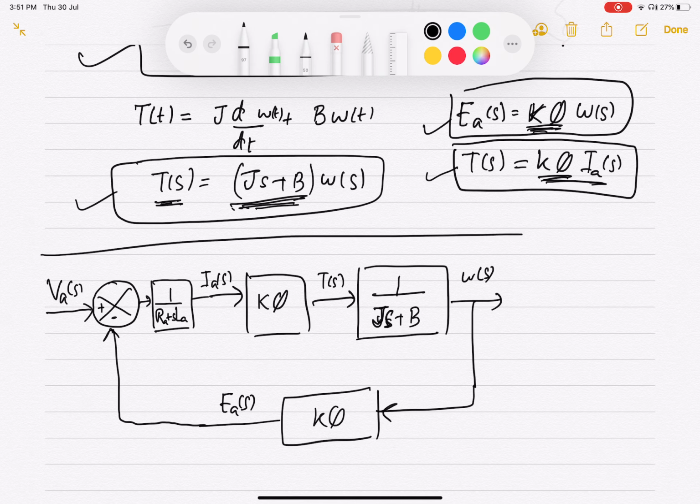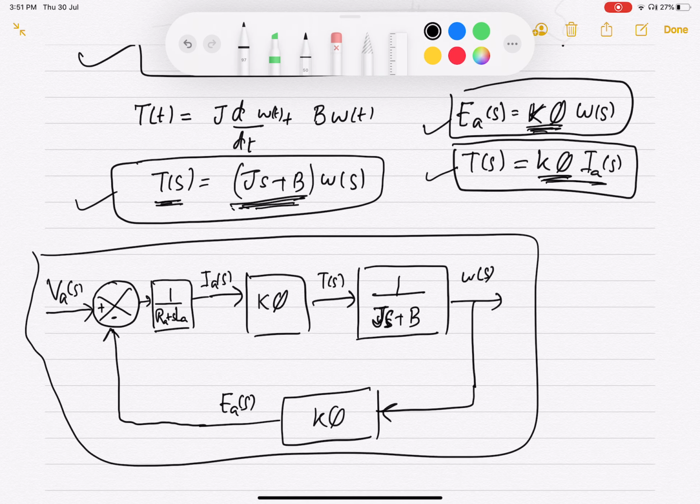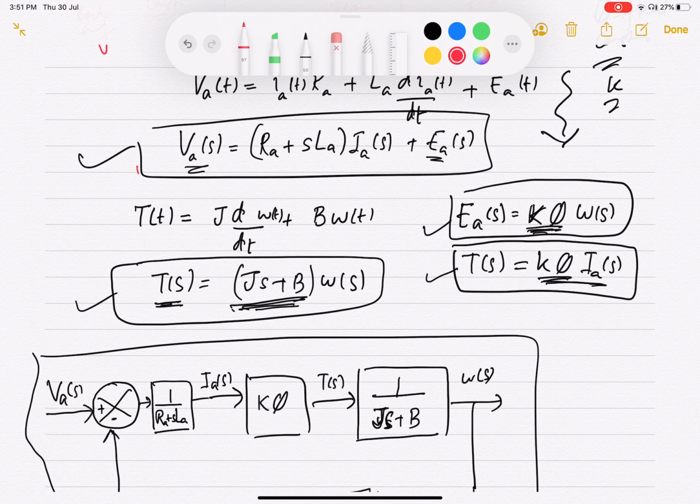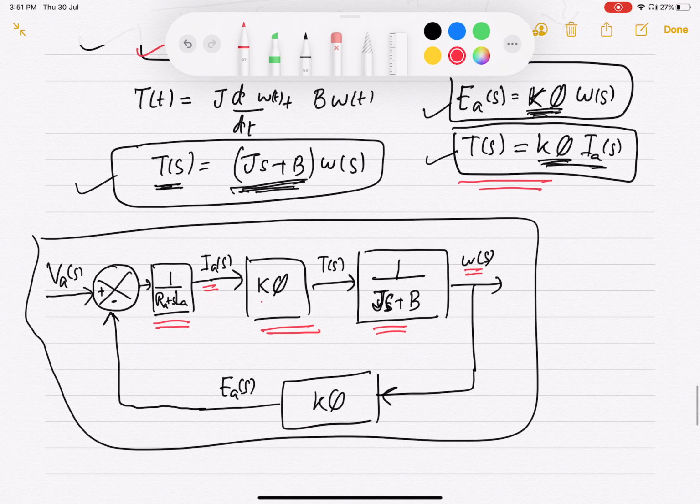So this whole block diagram represents these four basic equations. This equation is represented by this block. Then when you have VA minus EA divided by R plus SLA, you get the armature current, and then you multiply the armature current with the constant, so you're implementing the second equation, and you get the torque. Then the torque you divide by the mechanical parameters of the system, you get the angular velocity,